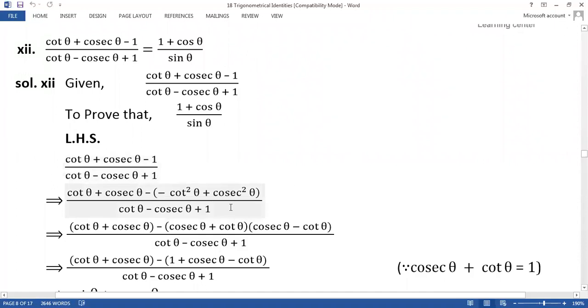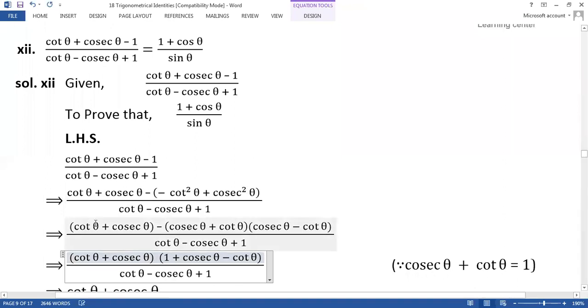And now, student, it's time to substitute that a square minus b square identity. So cot theta plus cosec theta I'll copy paste as it is, minus this will become cosec theta plus cot theta in one bracket and cosec theta minus cot theta in the second bracket. And now, student, again we're going to use factorization. It will become cot theta plus cosec theta, we'll take it out common outside. And then what is left over inside the bracket? Oh, it is minus. Okay, so what will be left over from here? 1 would be left over.